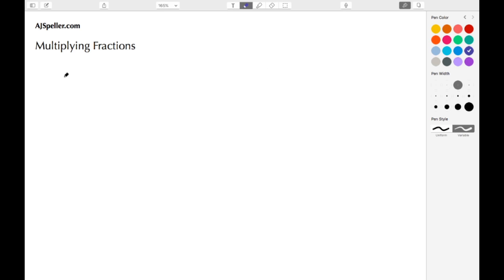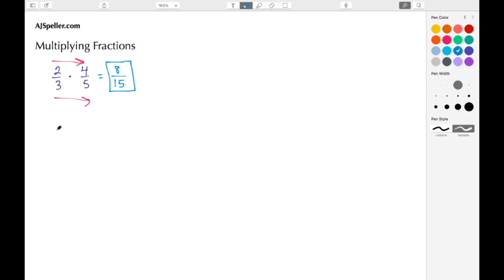Let's start off with the fraction 2/3 times 4/5. Right? Whenever we're multiplying fractions, all we have to do is multiply the numerators and then multiply the denominators. All right, so here we're going to start with the numerators. 2 times 4 to give us 8, and then our denominator 3 times 5 to give us 15. So here we see the product of these two fractions is 8/15.